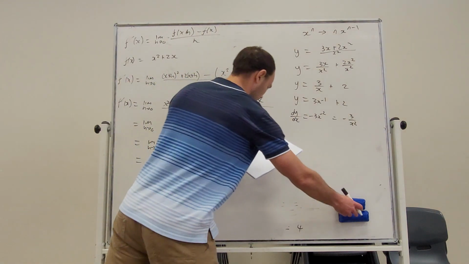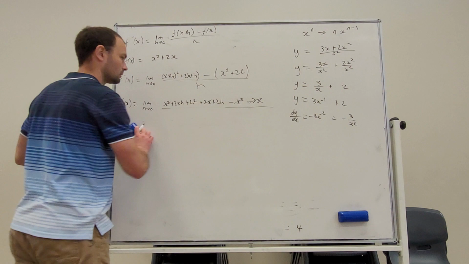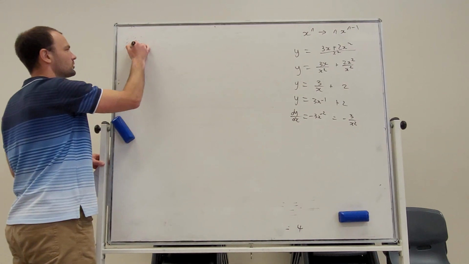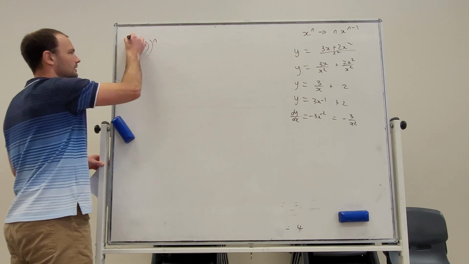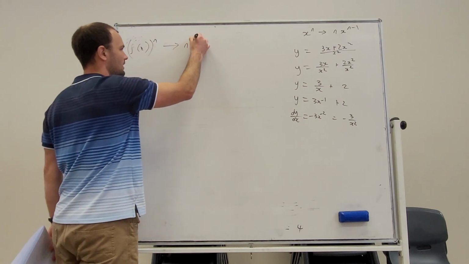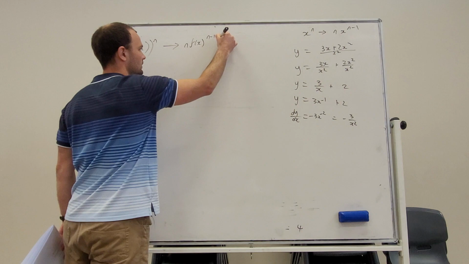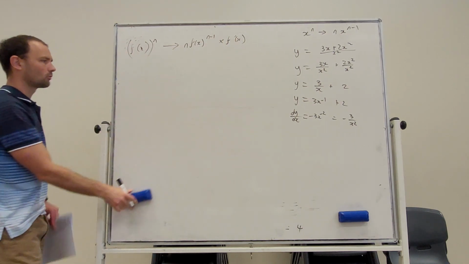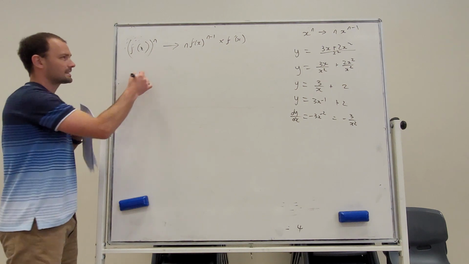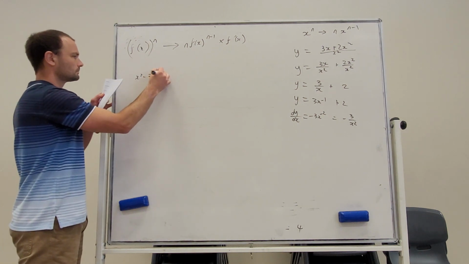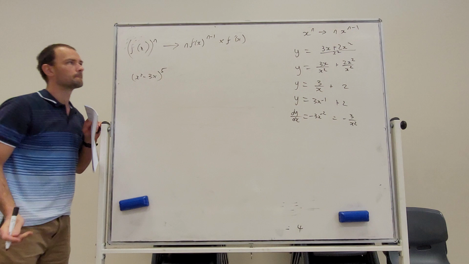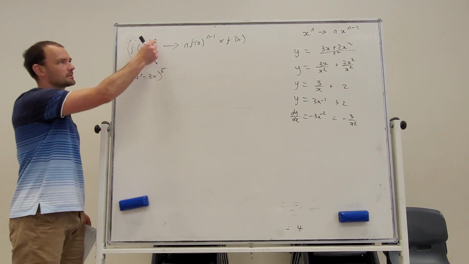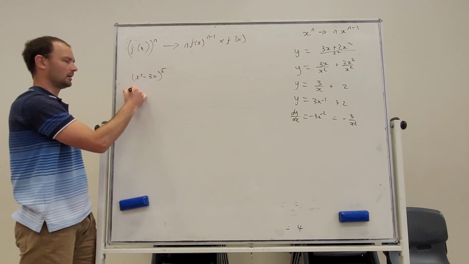Let's do the chain rule. Chain rule says if we have a function to the power of n, then the derivative is n f of x to the n take 1 times f dash of x. Okay, that's the chain rule. So we've got x squared take 3x to the power of 5. Okay, so the function is x squared take 3x, the power is 5, so we're just going to follow this formula. It's going to become,